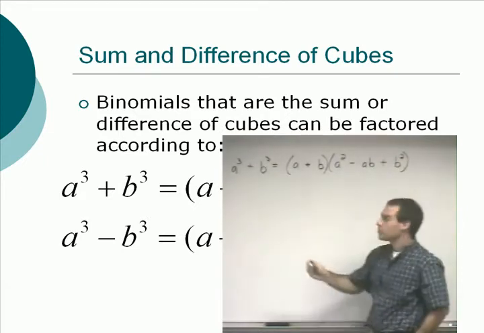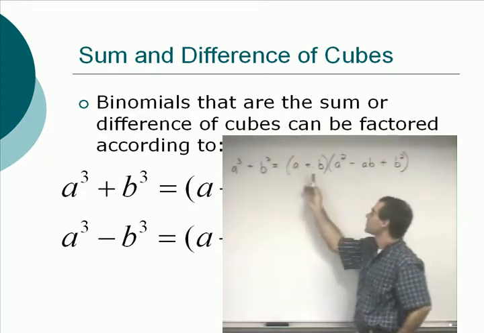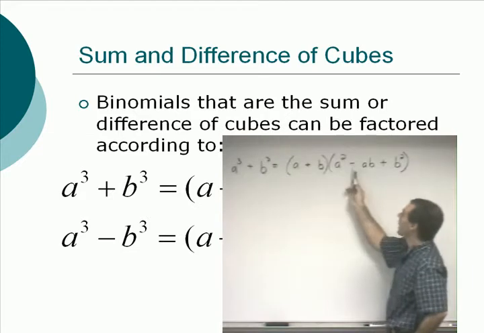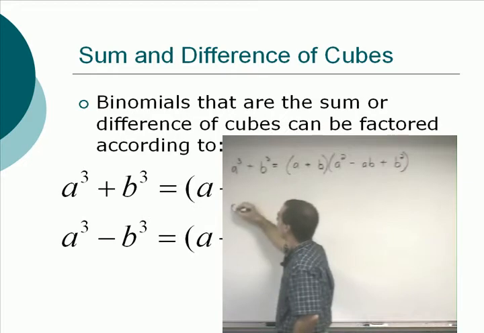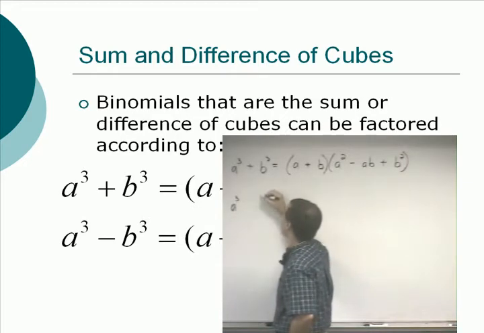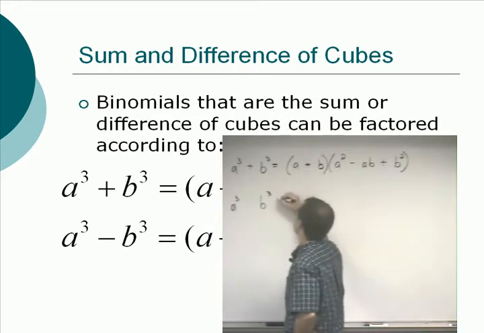So if you want to know a cubed plus b cubed, we have plus, which matches the original sign, then the opposite, and that one's always positive. If we want to do a cubed minus b cubed, we know it has to have